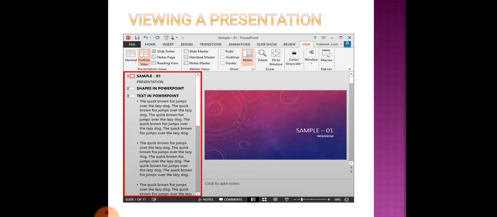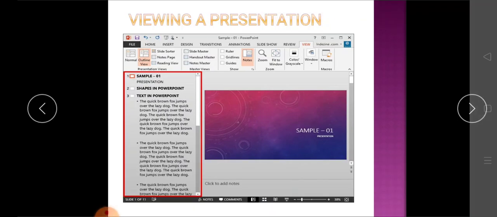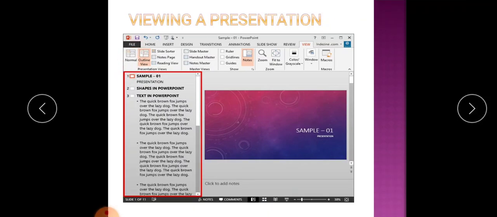In the normal view, you can add text, graphics, sound, animation and other effects to your slides as well. You have a large view of an individual slide, notes pane at the bottom, an outline of the slide text and slides displayed as thumbnails all at the same time. To open this view, select the View tab and click on the Normal button. Click on the Normal View icon on the status bar. You can see Normal View icon here.